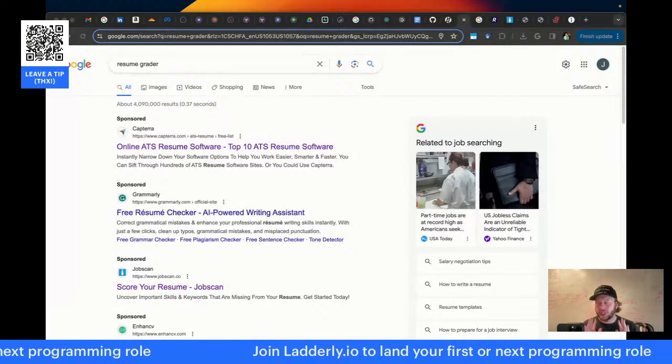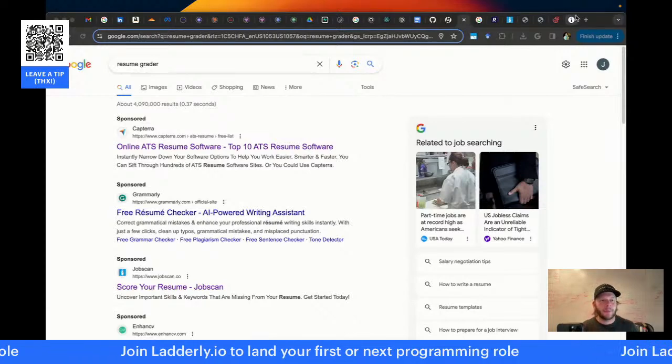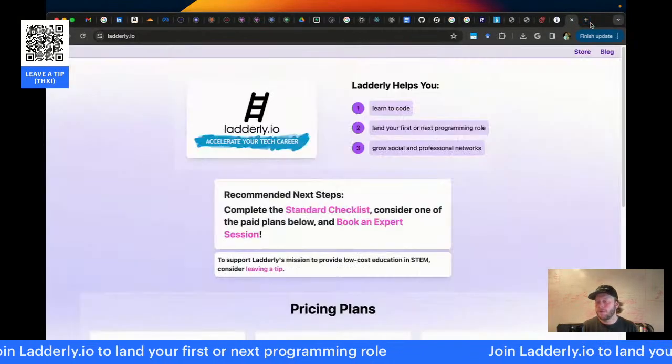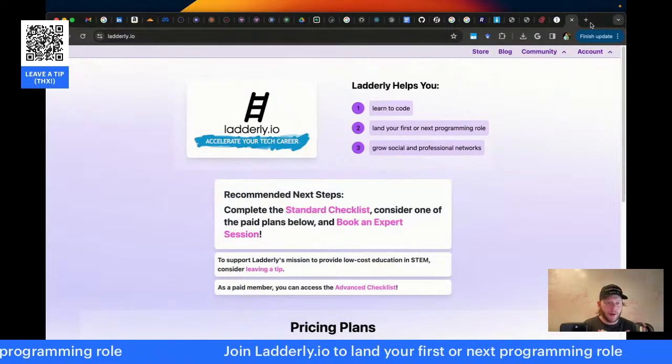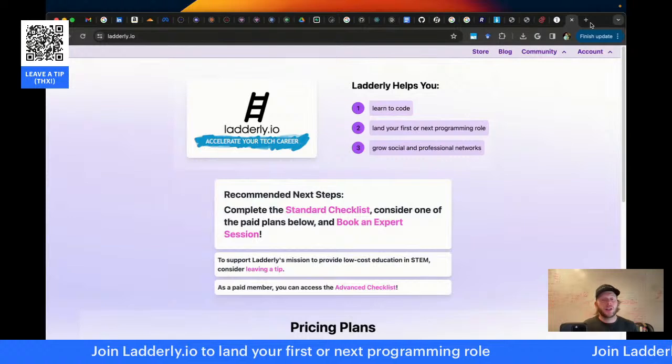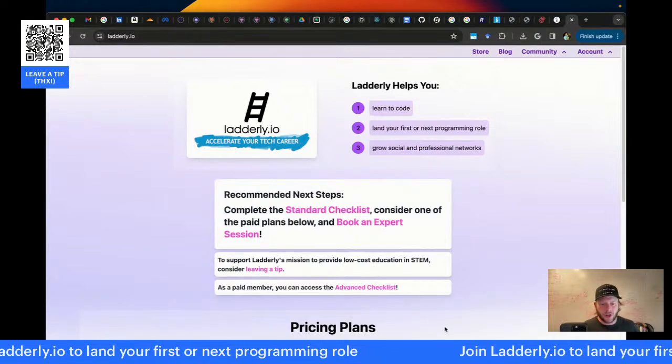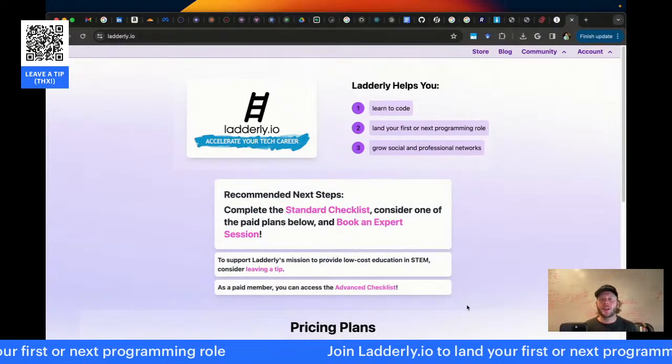John here, software engineer with 10 years of experience. I'm the lead maintainer of Latterly.io, which is an open source career acceleration platform for programmers. Career acceleration means it will teach you how to learn to code, help you socially network, and then help you